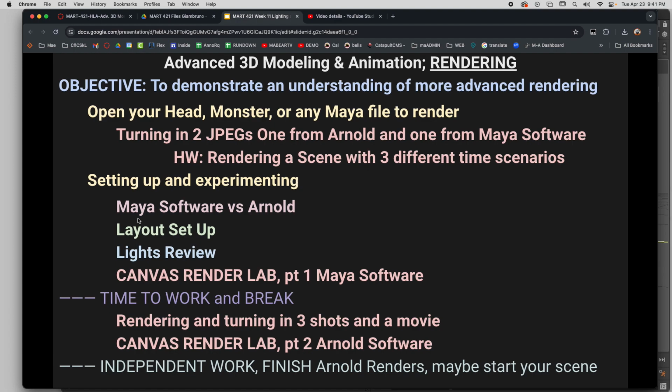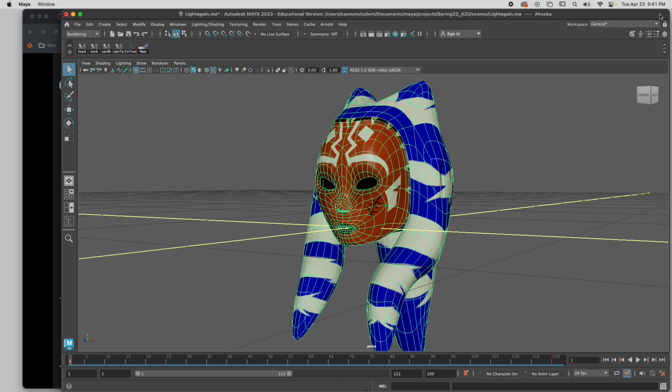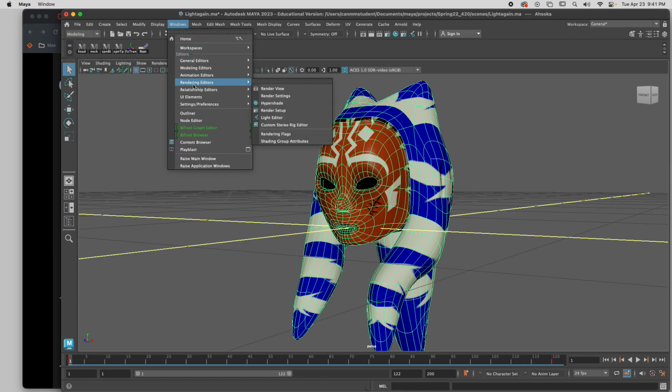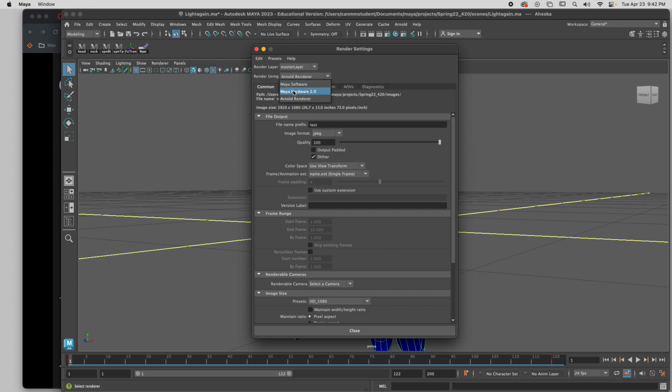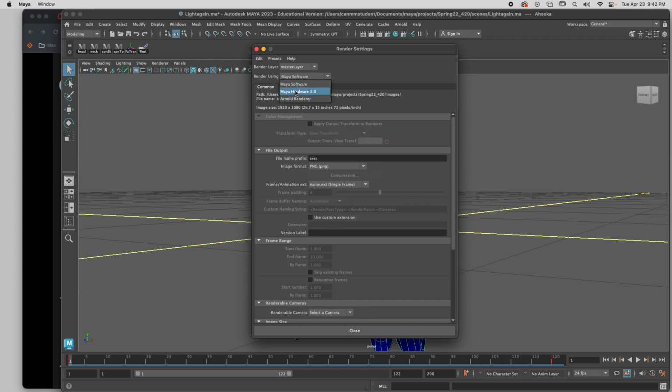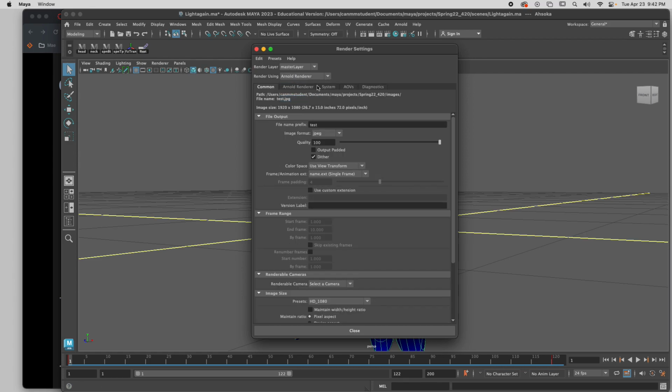Here we go. So Maya software is Maya's old internal rendering. It goes a lot faster, and I'm just going to show you the two settings right here. It goes a lot faster, but it usually has less quality to it. And then Arnold renderer is something Maya has purchased from a different company, and it renders out using simulated photons,